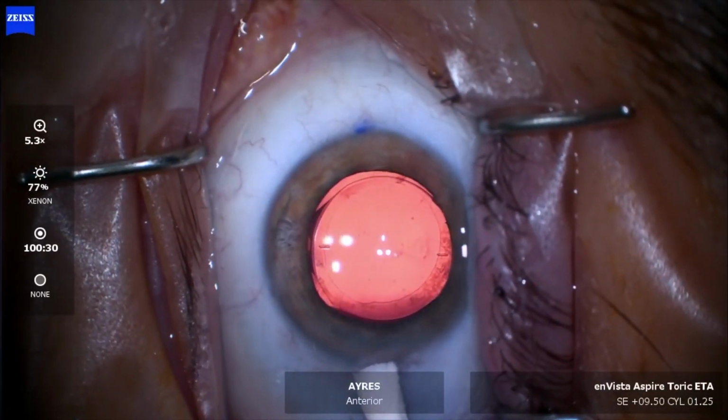So in summary, the Veracity Surgery Planner is critical in all phases of patient evaluation, education, and even surgical planning and doing the surgery. We use it in the office to help evaluate patients' needs and wants, and that helps steer patients towards premium and toric IOLs. We actually use it as part of our patient education, showing patients that if they have a certain implant placed, it may reduce their dependence on glasses based on IOL formulas